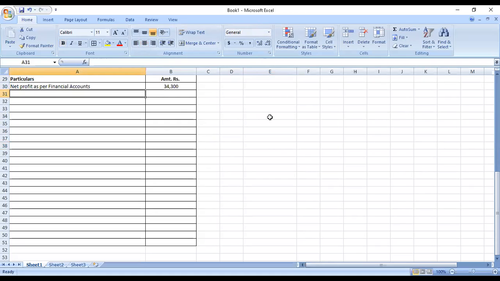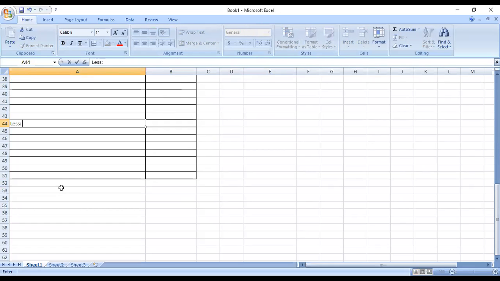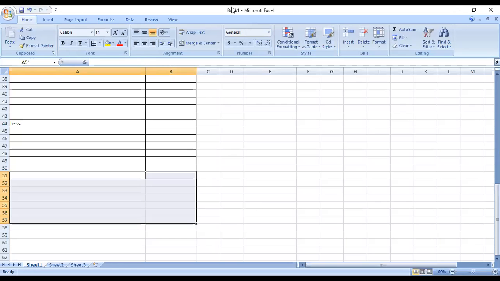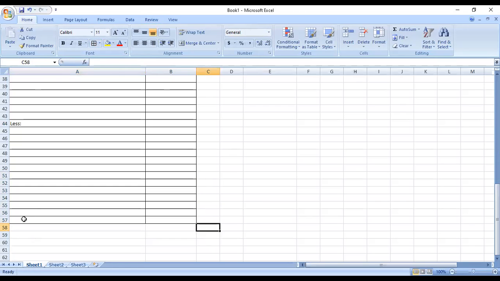Then there are some items you have to add here. Here you have to less some items. And finally you will arrive at the figure of net loss as per the cost account. That you already know. Now it will calculate, that is 70,500 minus